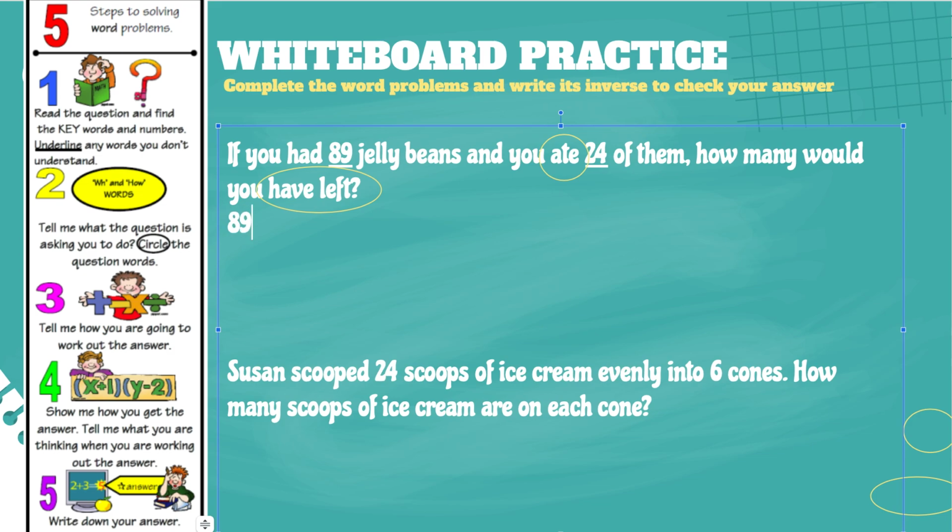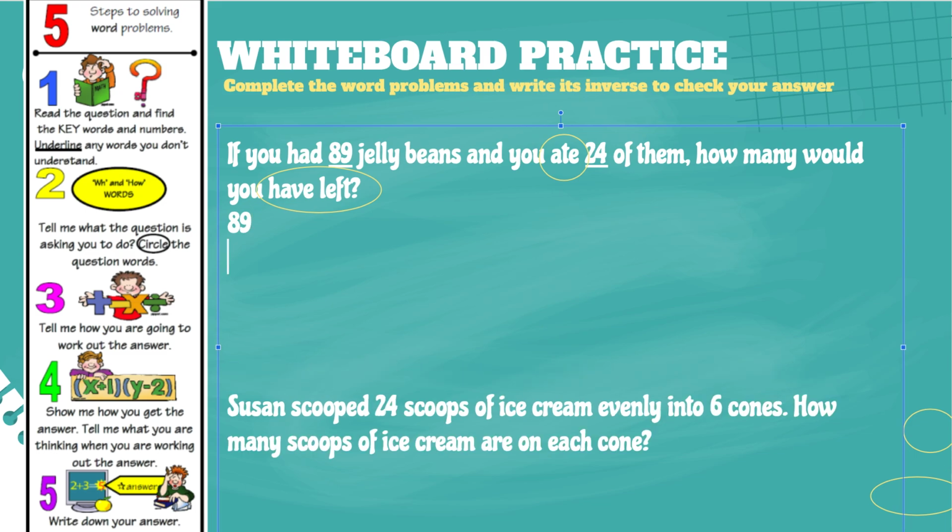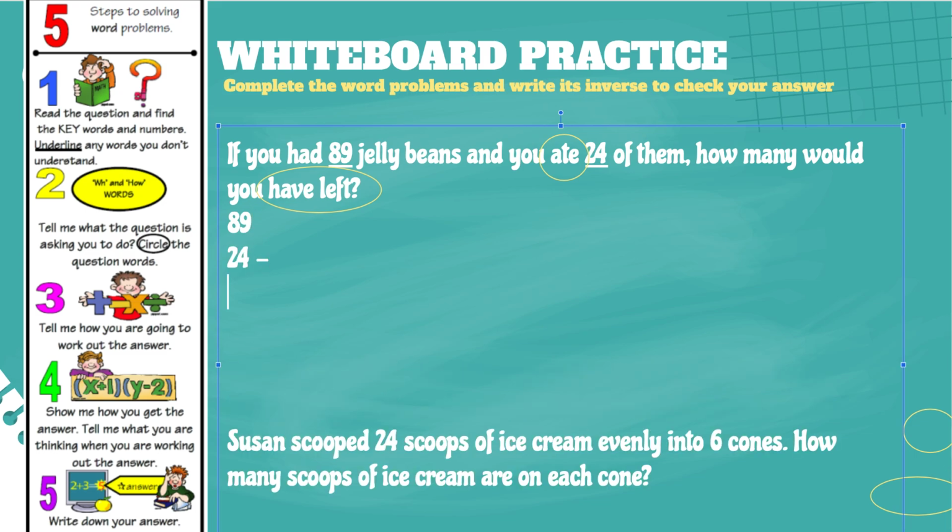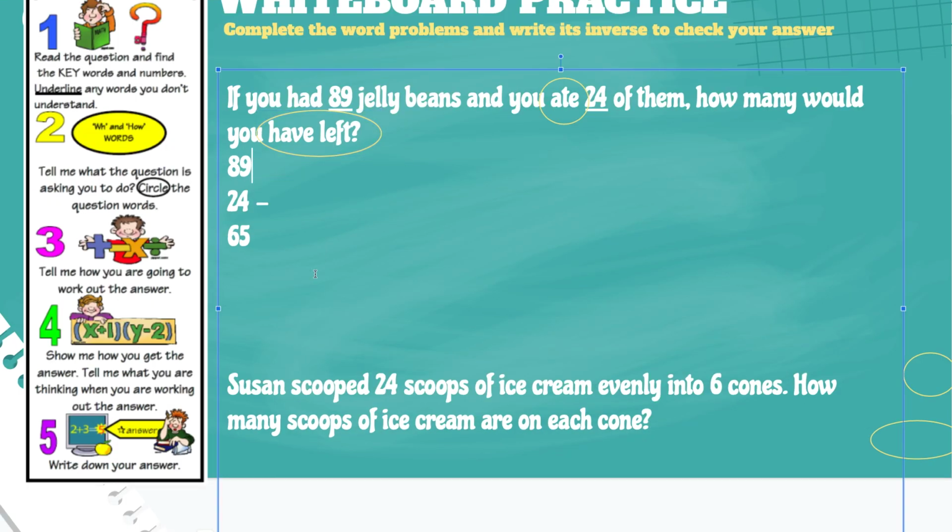So 89 minus 24 equals, let's start with our ones first. 9 minus 4 equals 5, that's correct. 8 minus 2 equals 6. Okay, so this is our answer, but before you put that answer into a worded format, we need to check